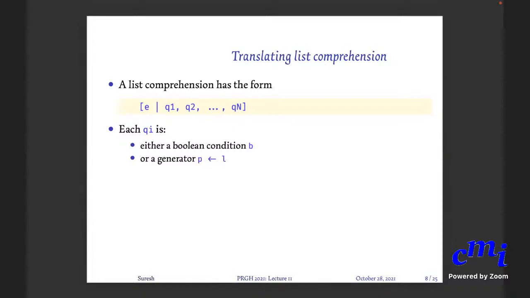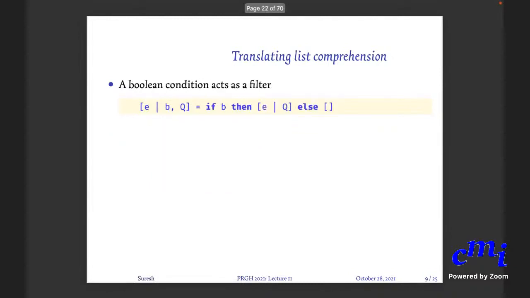So each Qi is either a Boolean condition or a generator, where in this generator the P need not just be a variable, but can be a pattern. That is the important thing. And L is any expression that returns a list ultimately.